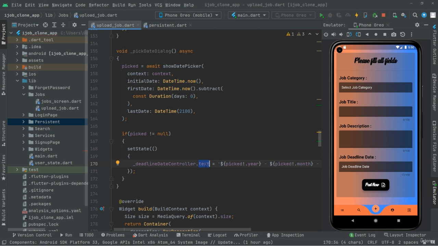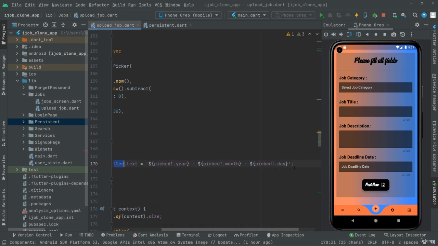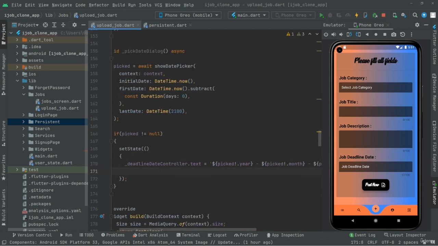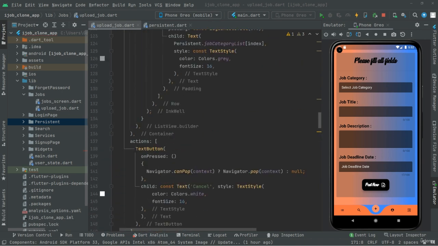So it's gonna show us that, and it will only show if the picked value is not equal to null. If it contains the data, then it will show that. So let's go further. From here, take this down. We will create a timestamp simply for the deadline date. So let's go and create that